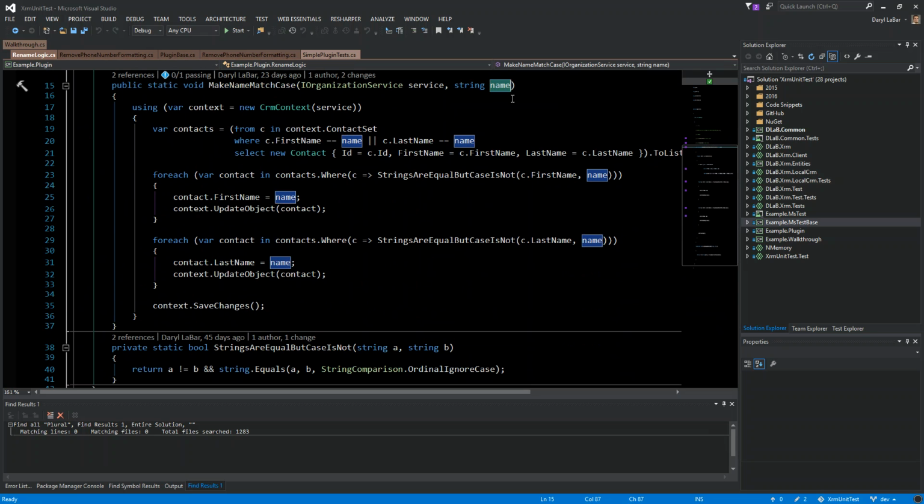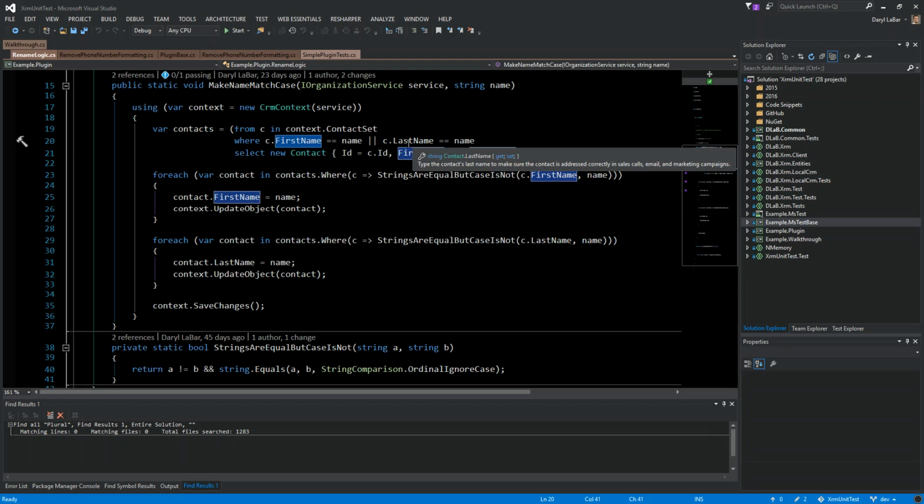So the method accepts a name. This is an actual plugin. This is just an actual business logic method here. The method accepts a service and a name. It goes through and queries the contacts for that name, if it's the first name or last name that matches,